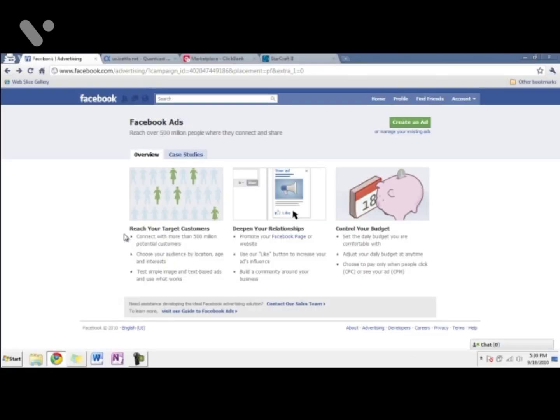Now, if you want people to click on your ad, you have to make sure that your ads are effective. In this tutorial, I'm going to show you some tips to make sure that your ads are effective and you're getting people to click on your ad, because it makes no sense to run the ads if nobody is clicking on it, especially if you're paying per impression. Now let's select create an ad,